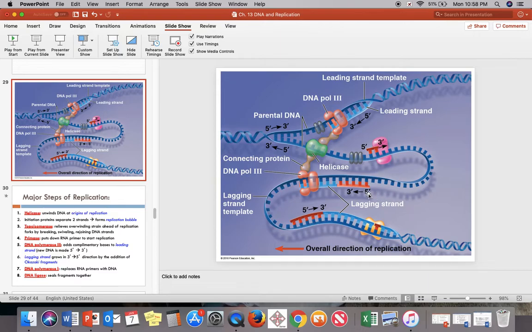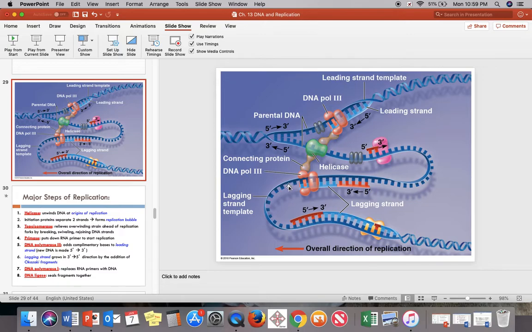So there's a little bit more detail in this lagging strand as to how it will actually make a copy of that DNA. Now, that's not to say that it doesn't happen, because obviously it does, but just know that there is a difference between the leading, which is continuously synthesized, and the lagging, which is synthesized in fragments. And they're synthesized in fragments that are called, I say, Okazaki fragments. Some people pronounce it differently. It's named after the scientist that discovered this phenomenon, okay? And then those fragments, like you see here, here's one, could be another one. Those fragments are going to be joined together with the help of another enzyme that we're going to talk about,